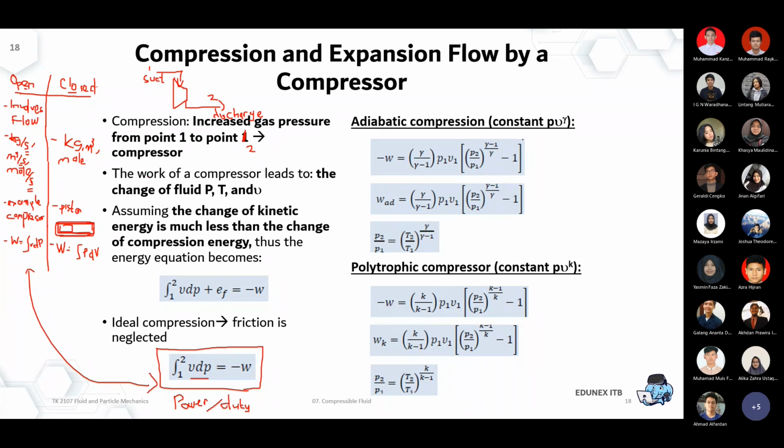Okay, so again, one way to understand this difference is to look at this compressor and this VdP part. You have P1 over here, and then you have P2 over here. So obviously the biggest difference between the suction and the discharge part can be estimated with the differential pressure, right? While the change in the volume is relatively smaller compared to the change in the pressure.